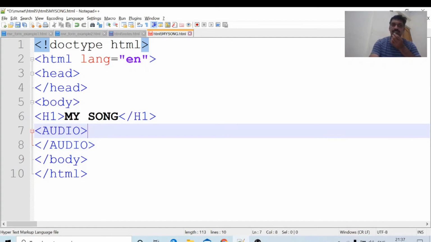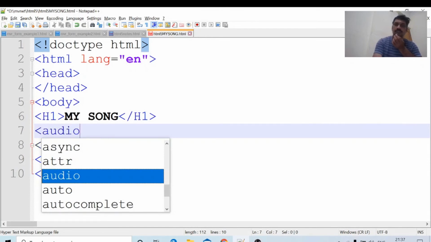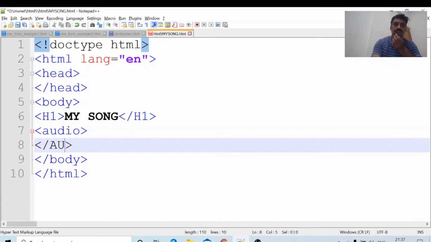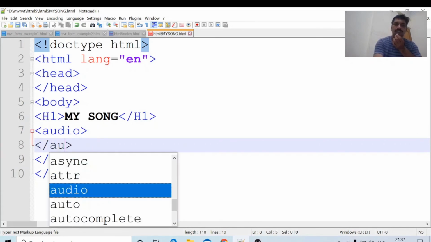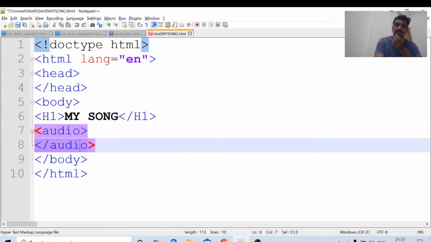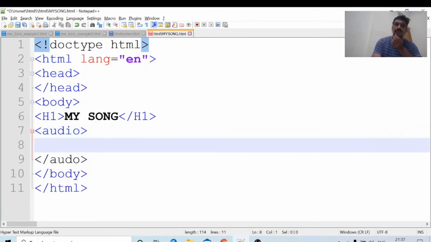Not case sensitive means audio may be written in all small letters, which is allowed, or capital AUDIO, which is also allowed. Even a capital I is no problem.